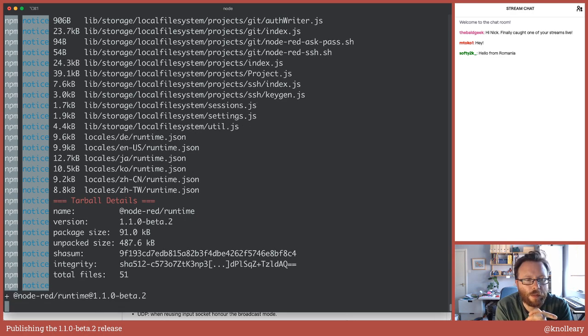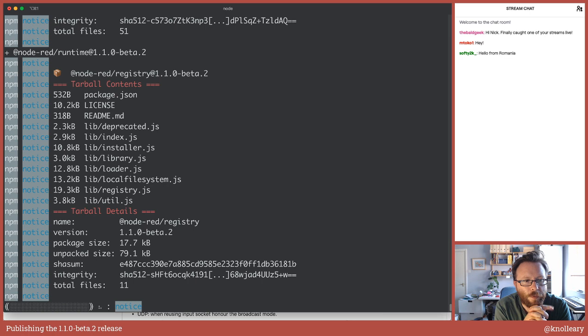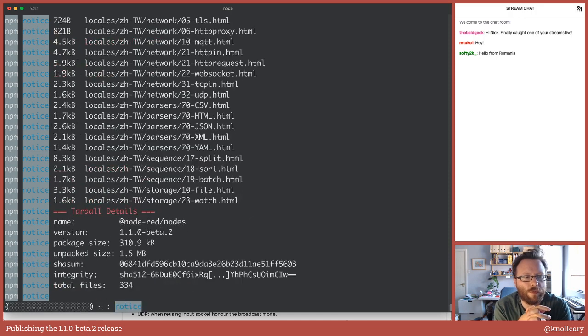We do them in a particular order. We publish the main Node-RED module last, because obviously that's the one that people know to try to install. So we update all the others first to make sure they're all in place first, and then